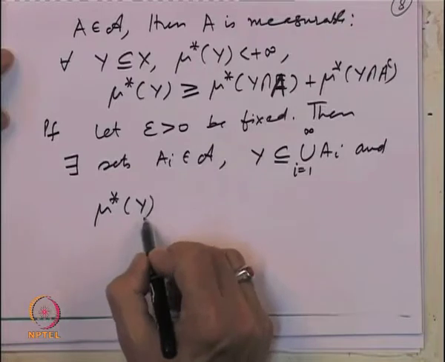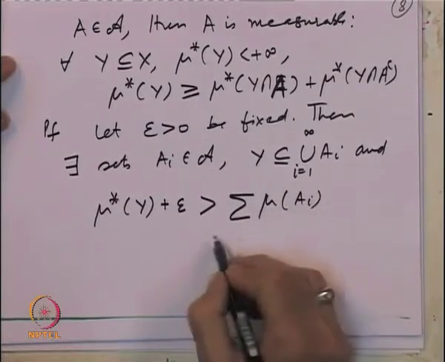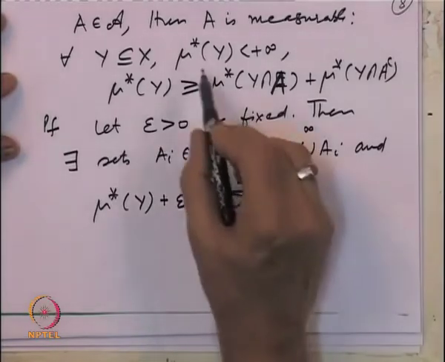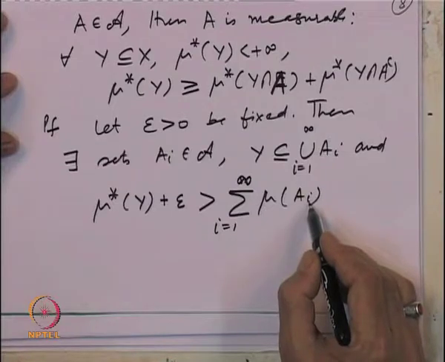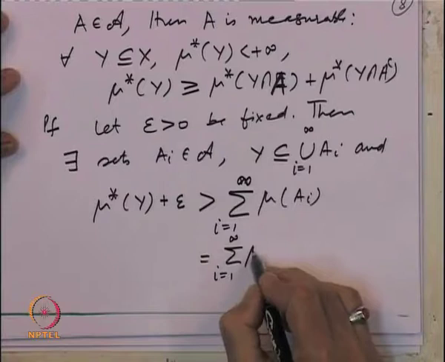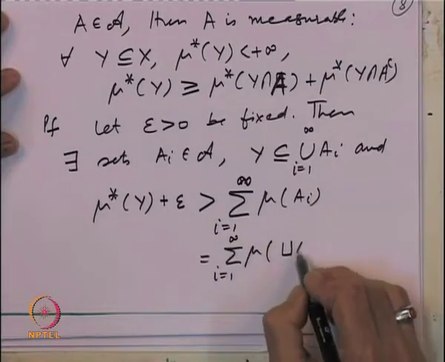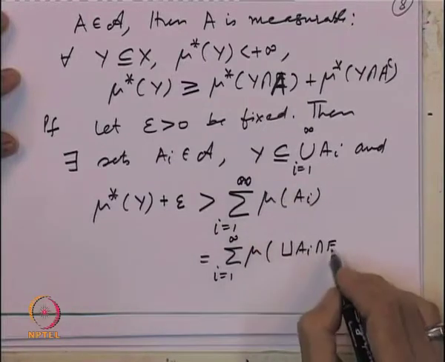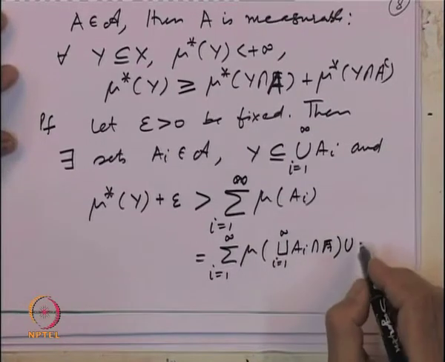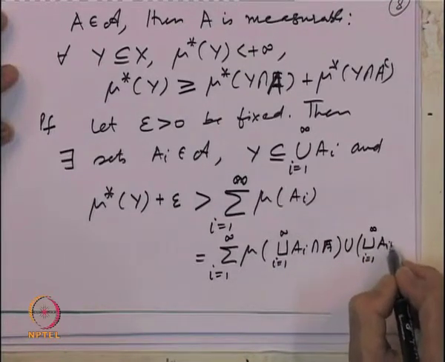mu star of y plus epsilon, which is the infimum plus a small number, does not remain the infimum. So, it is bigger than or equal to the sum of mu of A i, i equal to 1 to infinity. Here we are using the fact that mu star of y is an infimum, and that is a finite quantity. Now, the A i's are in the algebra, and A is in the algebra. So, I can write this as sigma i equal to 1 to infinity mu of